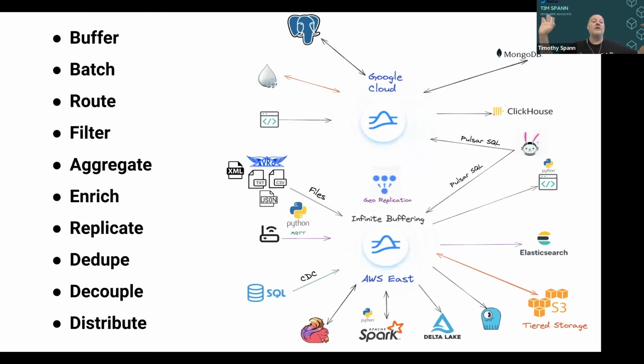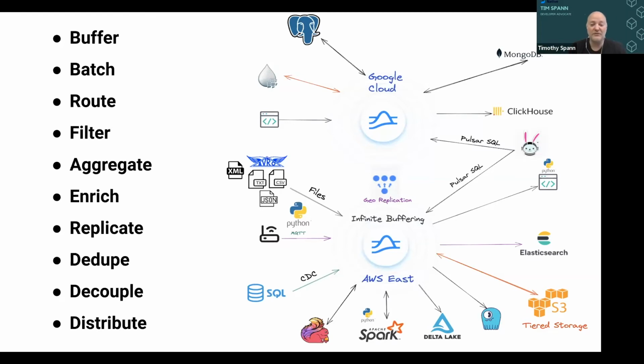This is kind of the overview of everything in the world I want to do with Pulsar today. It could be a lot, from buffering data before it gets somewhere. Maybe I can't handle the full stream of data right now for my system. Maybe it's on pause. It can live in Pulsar forever until it needs to come out, and it can batch it up into chunks if that's how you need it. Can route it to wherever it needs to go, different clouds, different sinks, different engines, aggregate data, maybe you just want the maxes or the sums or the counts, add new fields to it, do lookups, add machine learning to it. I add sentiment analysis to my real-time chats,